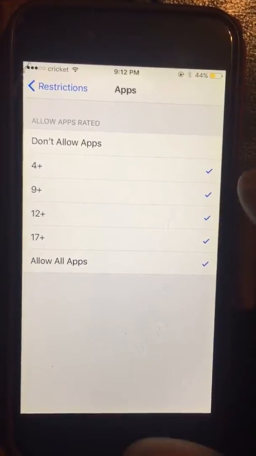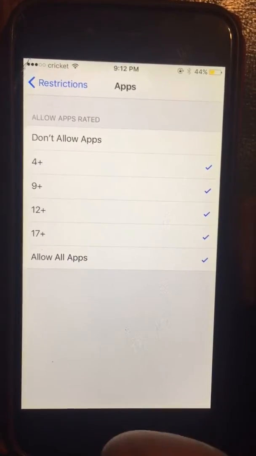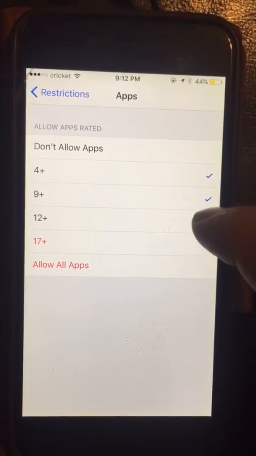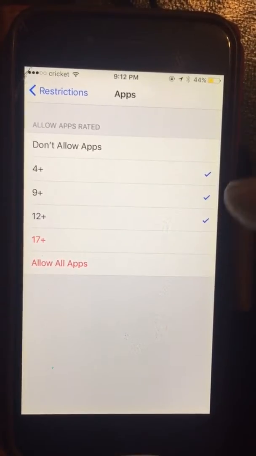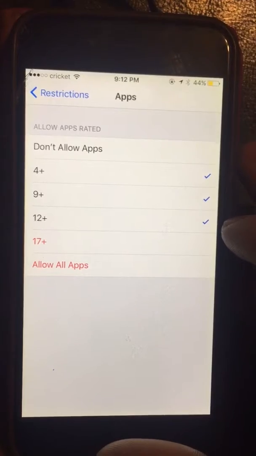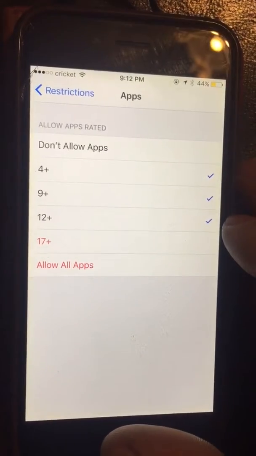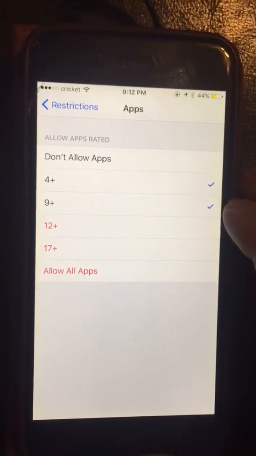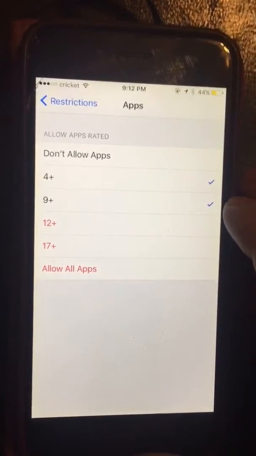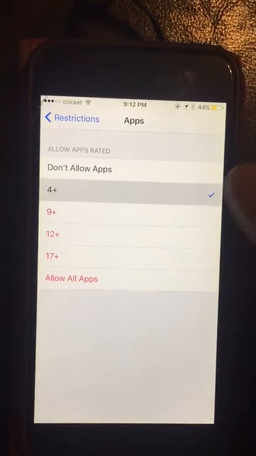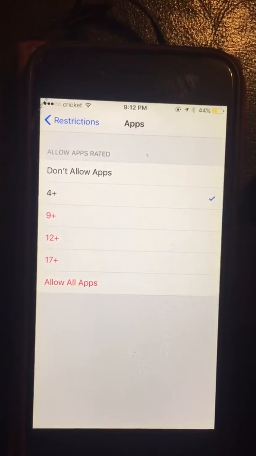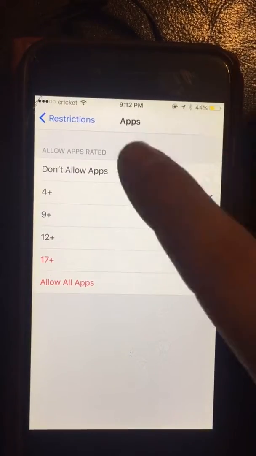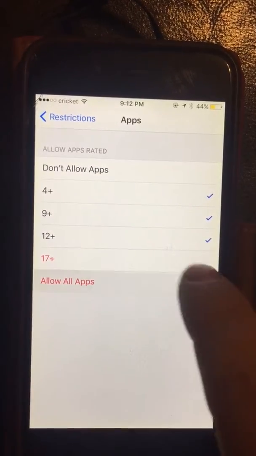Apps, this is a big one. You can allow the age group of apps that you want on your teenager's or kid's phone. You can allow only 12 and up apps, which keeps Facebook and Instagram and Snapchat on your kid's phone. But if you go 9 and plus, I believe, I haven't done a lot of research on that, but I believe that takes off Instagram, Snapchat, and such. 4 plus means no social media at all, just the game apps and things like that. I set mine at 12 just so I can be able to have social media,